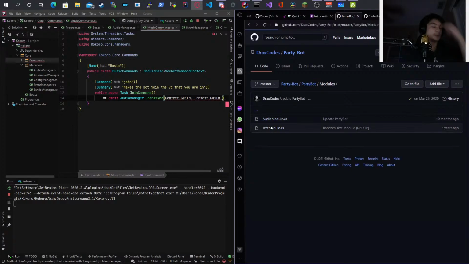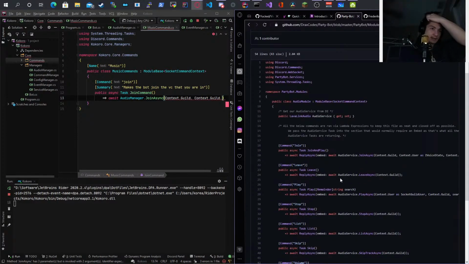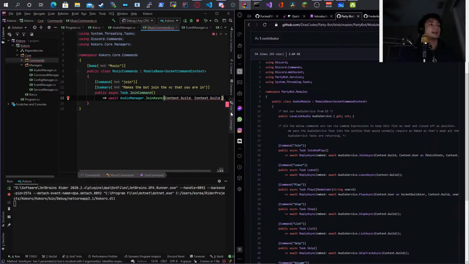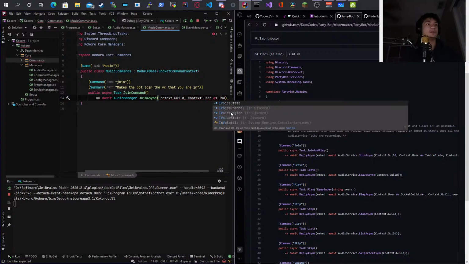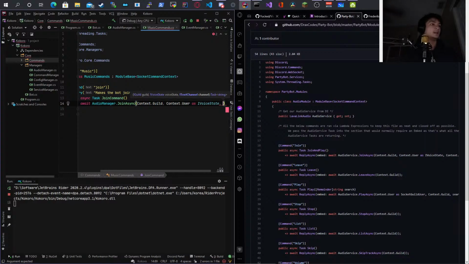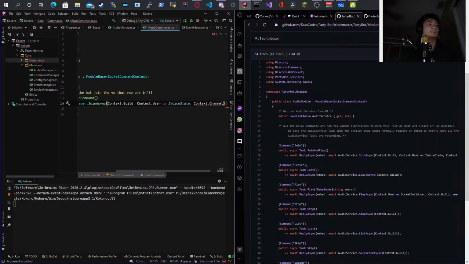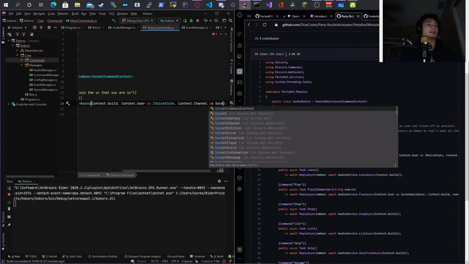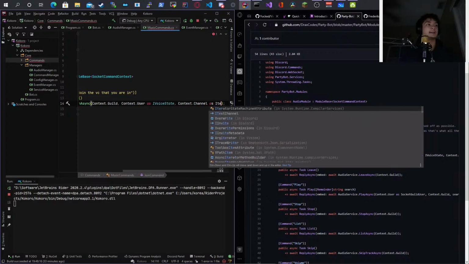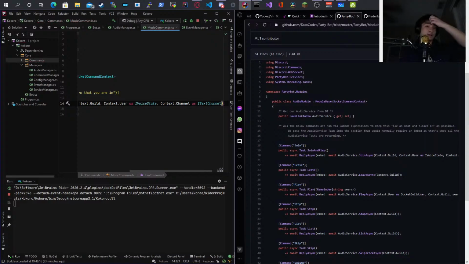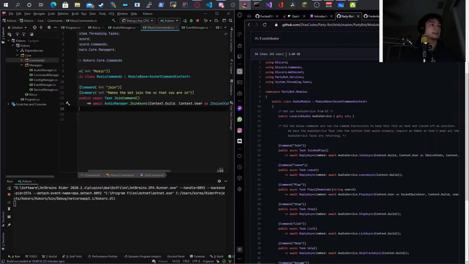Models, audio manager. How do you do it? Socket user as, okay, I see. User as IVoiceState. And what type? Okay, and then you have context.Channel as a socket or ITextChannel. Okay.